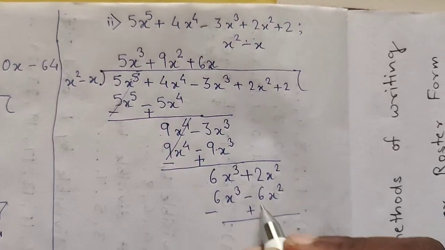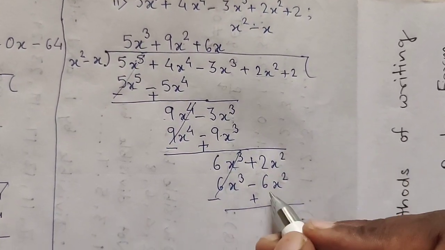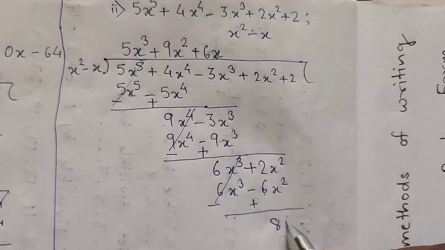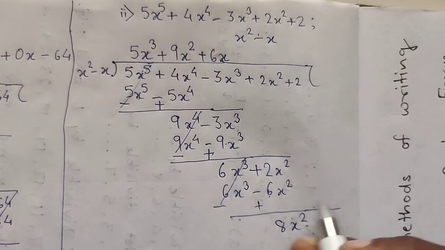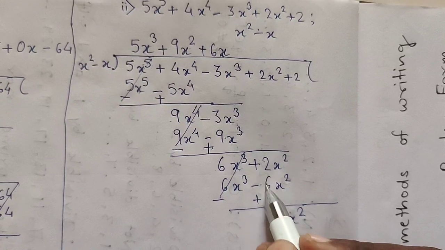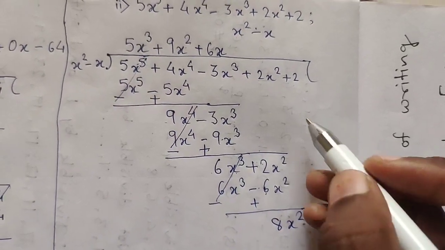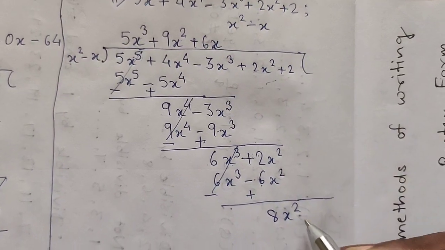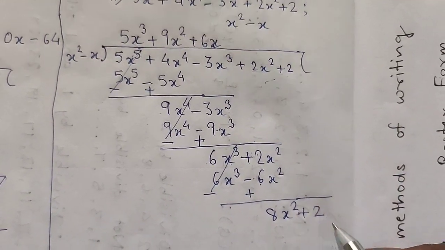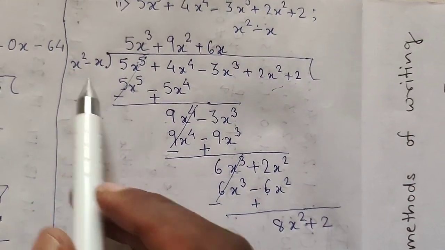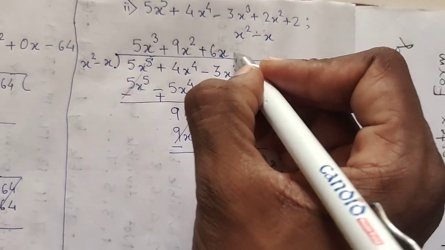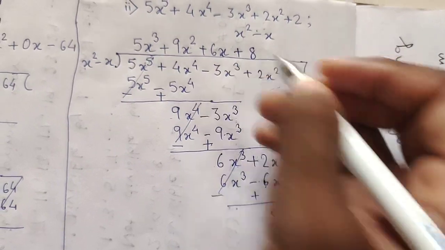So again we are going to change the sign. This term gets cancelled. This is what? 6 plus 2. So finally you are going to get here 8. Understood now? Because 6 plus 2, this is plus 6 and this is plus 2. Now what is your next term? Already we have taken 2x square, so only plus 2 is remaining. So write here plus 2. Now see, this is x square, this is x square, but 8 is there, so write here 8. So plus 8.